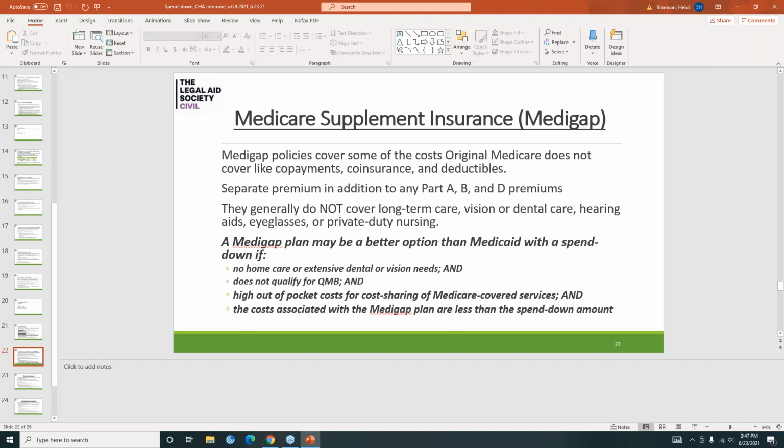So again, what is the cost comparison between the out-of-pocket costs and the spend down amount? What makes more sense, to pay for the Medigap plan or to pay the spend down to ensure that there's Medicaid coverage?